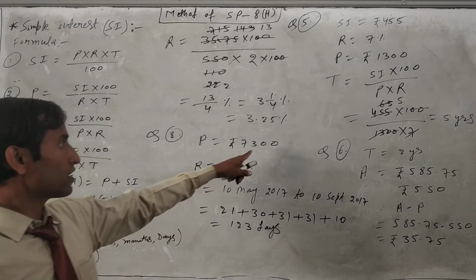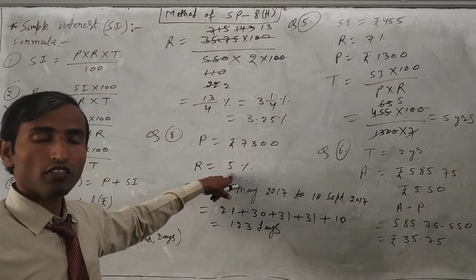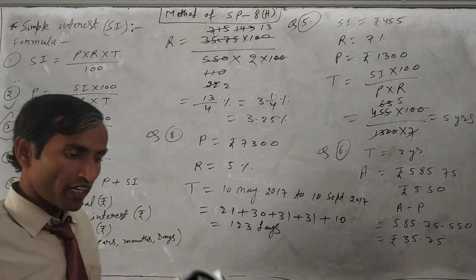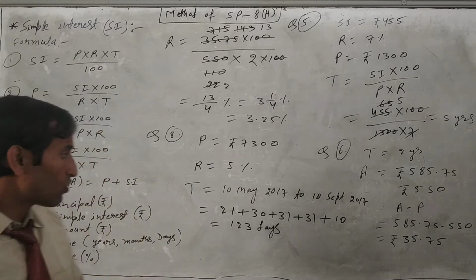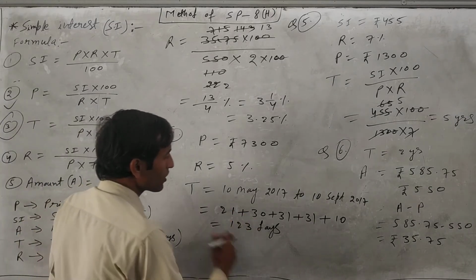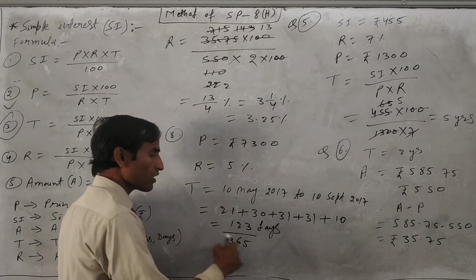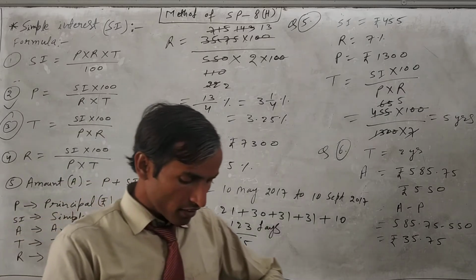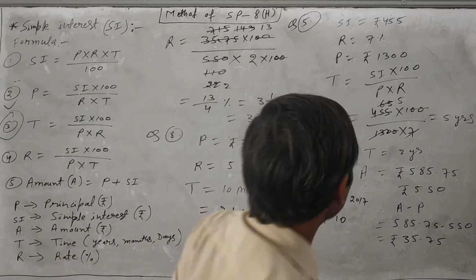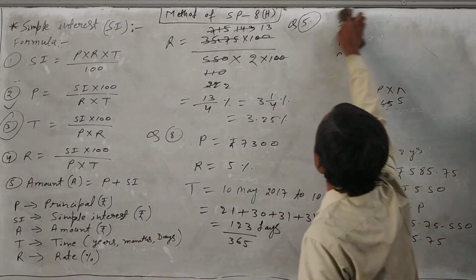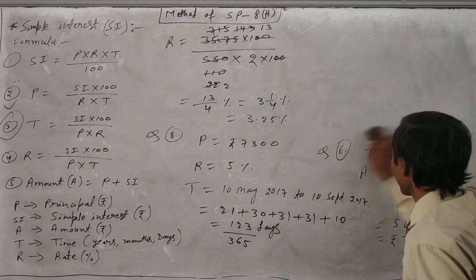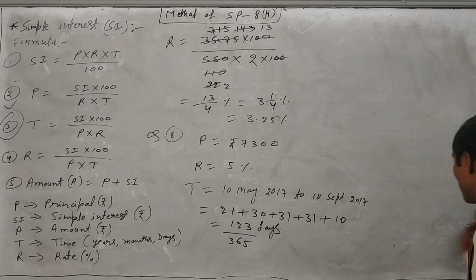They have taken this much amount for a loan at this much percent. Now we have to find the simple interest. So these days we have to convert into years. For that you have to divide by 365, then it will come in years. Now we have to apply the simple interest formula: SI is equal to P into R into T upon 100. Okay, we will apply the formula here.